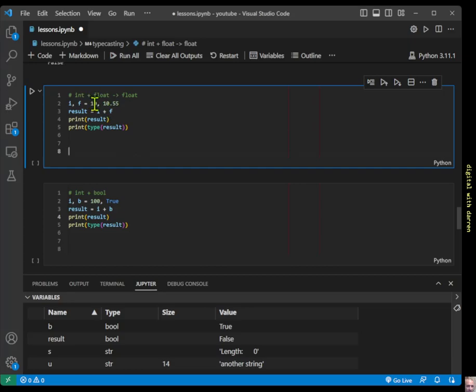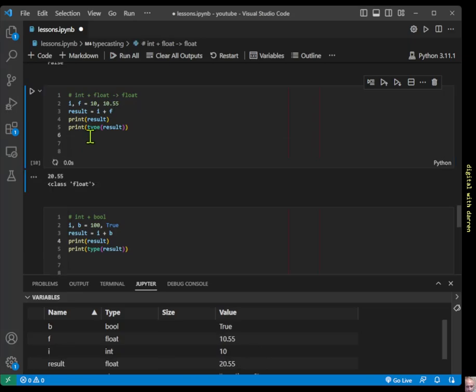And when we add an integer to a floating point number, we get a floating point number that comes back by default. So let's run this little block of code, and we get the 20.55, and that's the class of